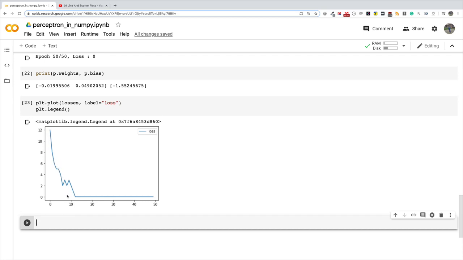By the time we reached about, I think, the 11th epoch, the perceptron had learned how to classify all the input data correctly. And so this is how you get to know if you have implemented your algorithm well or not. Okay, now this video has been long. I will cut it short, and then in the next video we look at how to plot our decision boundaries and stuff like that. But before